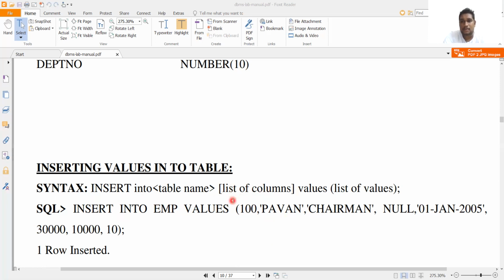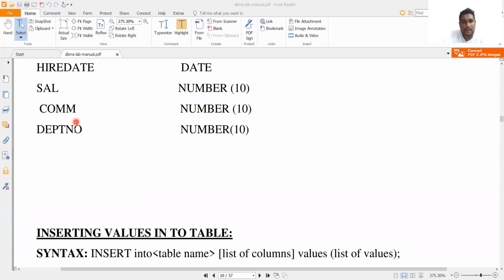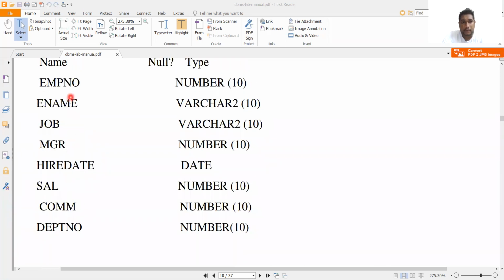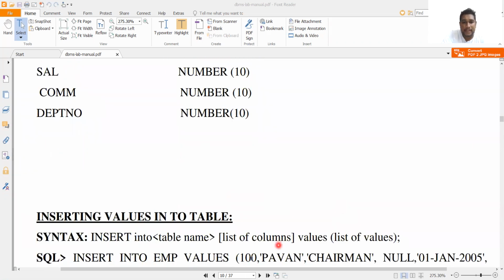How many columns you want to represent your data, you want to insert your data, followed by values and a list of values. This represents the columns and this represents the rows. See here, insert into a table called employee. If I want to insert only a list of columns, we have 8, I want only 2 values. I want to insert only 2 values of data, employee number and employee name, so that we can represent